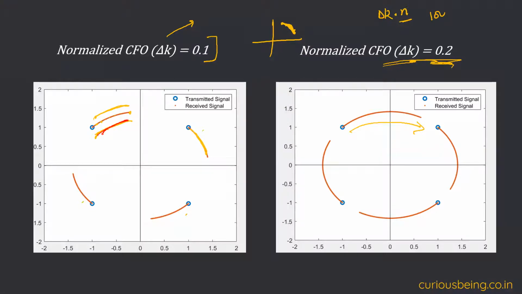And when we are increasing the amount of CFO, for the 100th point, the last sample which was here, the phase shift will actually be doubled. So that's why this point is going till here. But in an actual scenario, it will not be there. Maybe it will be near the blue point, or what is your opinion basically? That actually depends on the delta k value. I do not have the practical experience.